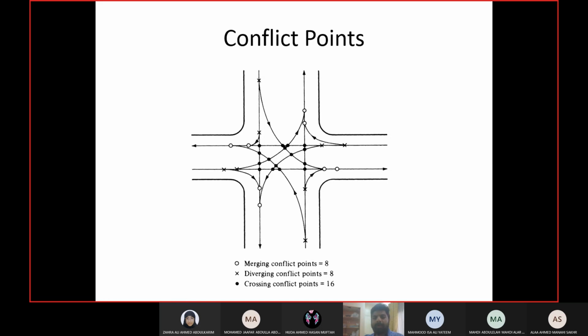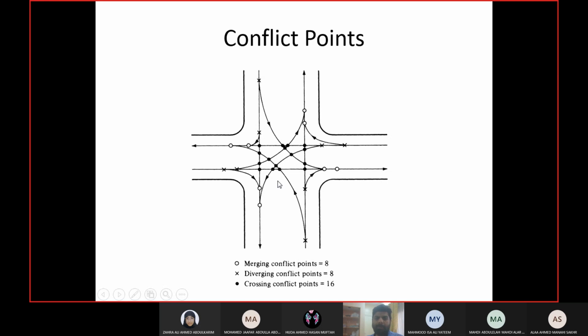First of all, find out what are the possible conflict points, and then you see how we can remove them. This is basically the point of design, right? Removing the conflict points. So first of all, you need to identify the conflict points. Identifying the conflict points is very easy. Make a sketch of the intersection. This is a 4-leg intersection. You may have a 3-leg intersection as well, and then you draw all the possible movements from your intersection.